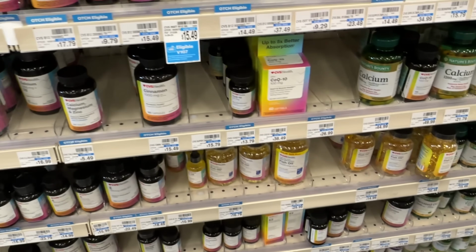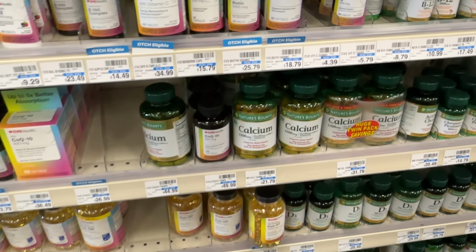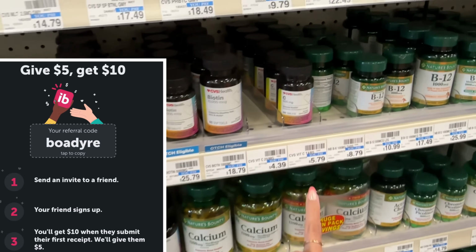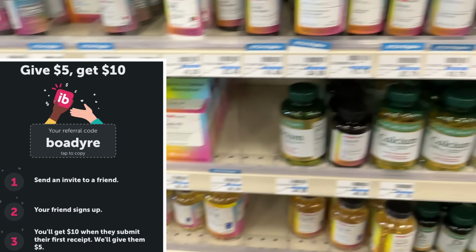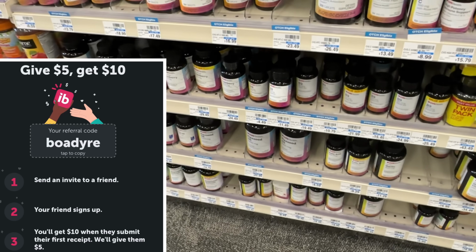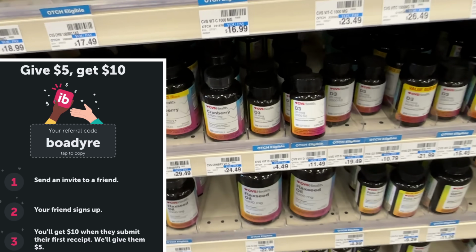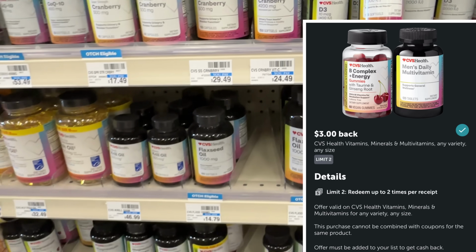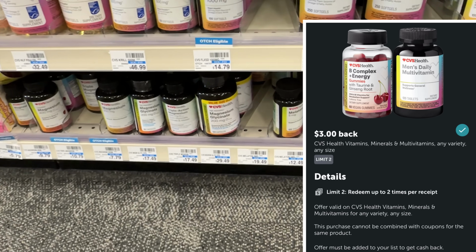CVS Health brand vitamins are buy one get one 50% off this week. I'm looking for the cheapest ones I can find. Those right there are $4.39. There's so many different ones to choose from, but I'm looking around because we have some good Ibotta rebates for vitamins. So these right here are $4.49. I'm going to go ahead and get a couple of these. They'll total me